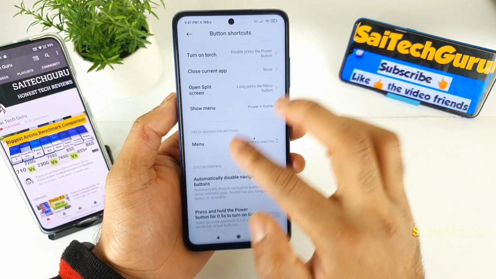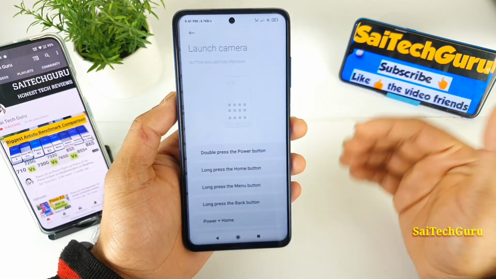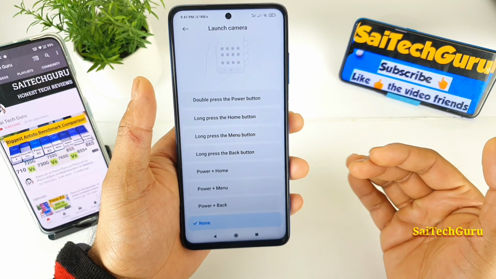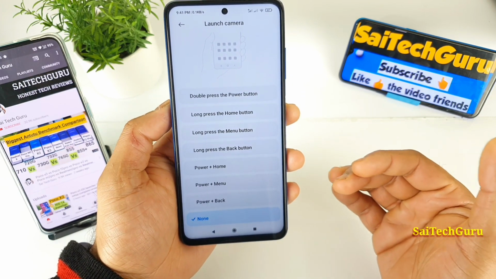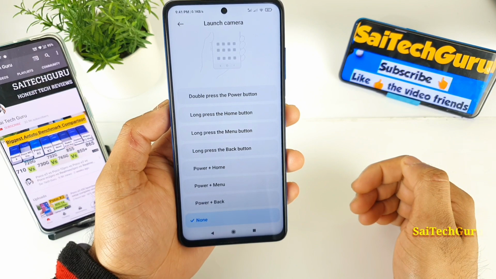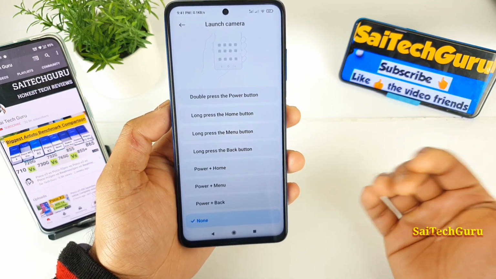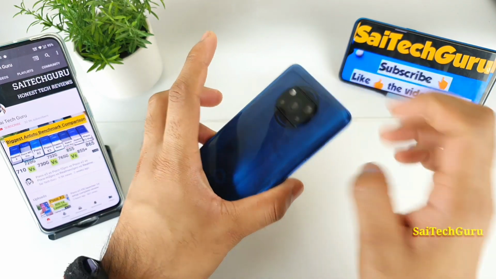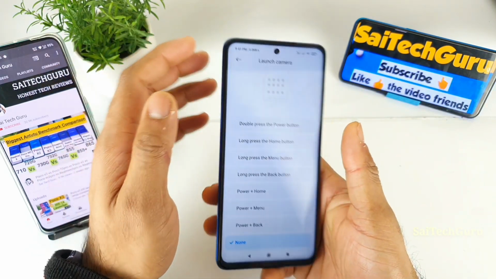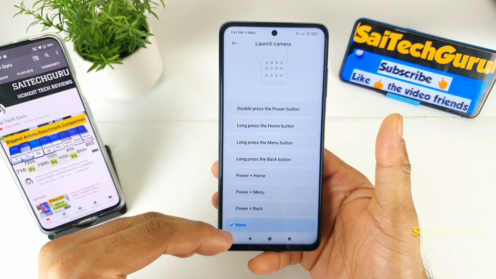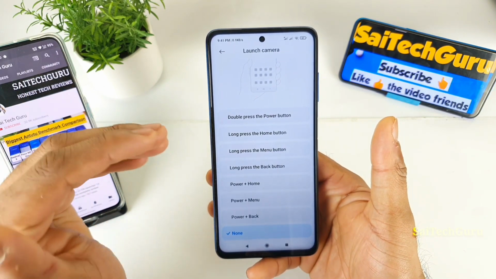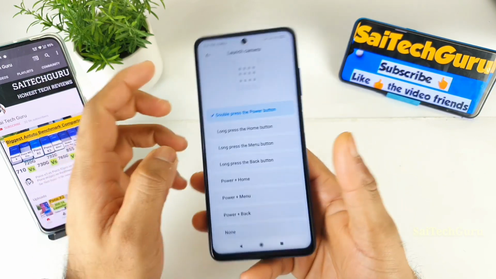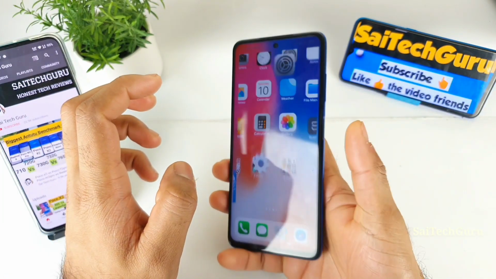So the first option is launching the camera, as you can see. Launching the camera can be done using close to 7 programmable shortcuts which are available. So directly you can access the camera as well. Most of the time I don't use the camera in the Poco X3 smartphone. So let me try to turn off the flashlight first. Most of the time I don't use the camera, so that's why I decided not to use it. But if you are using the camera, then you can program the power button as a camera option, so you can directly open the camera first.